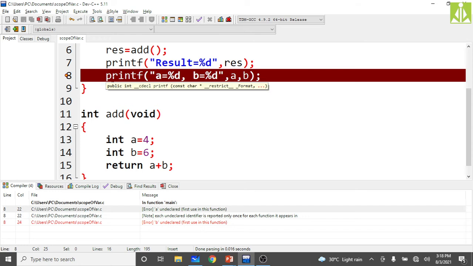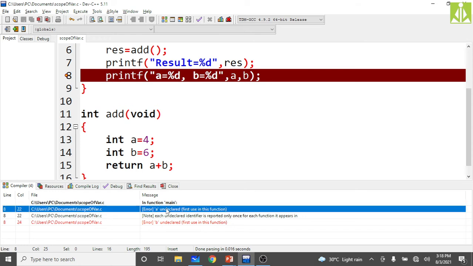If you read the message, it is saying a is undeclared. Undeclared in the sense that the main function is not at all recognizing it. Even though the variable a is a part of our program, our main function is completely unaware of that variable. The reason is that the a and b variables are local to the add function. Because of that, our main function is not recognizing them, and it is simply raising an error over here. Hopefully you understood this issue.